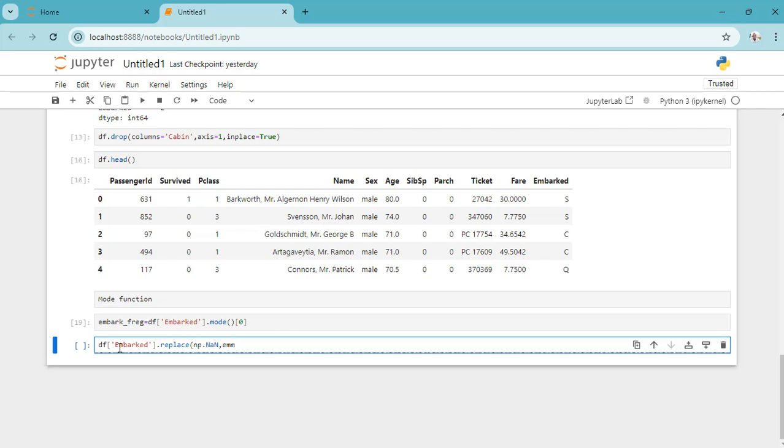So I'm going to replace them back with underscore frequency, inplace equals true. Then I close the bracket. So if I run it,